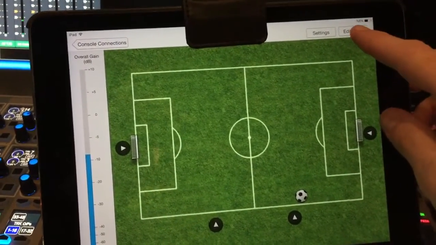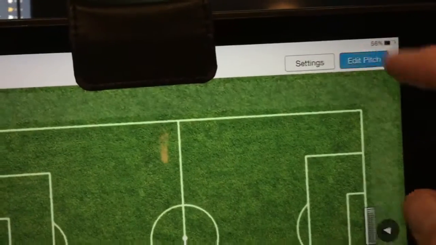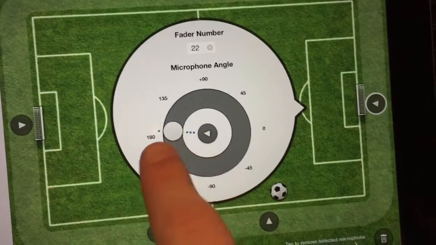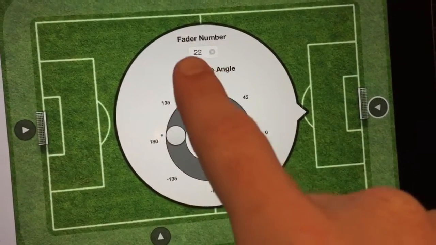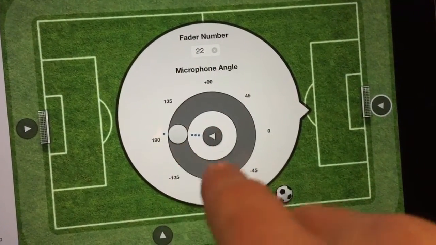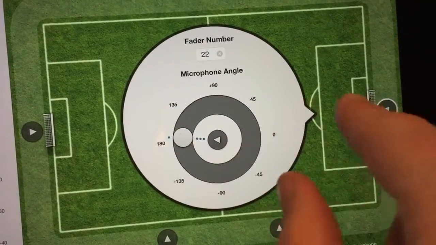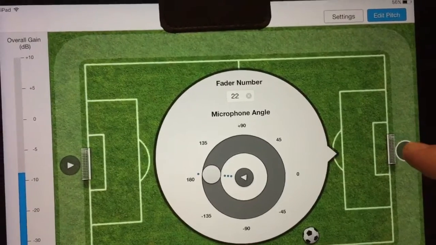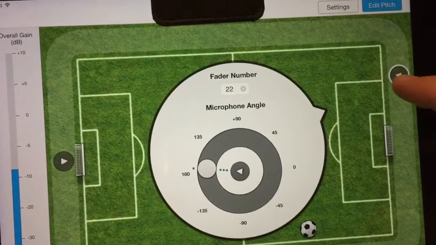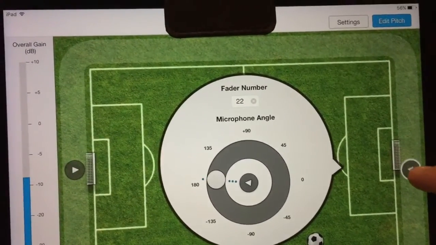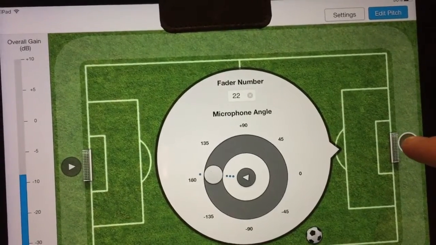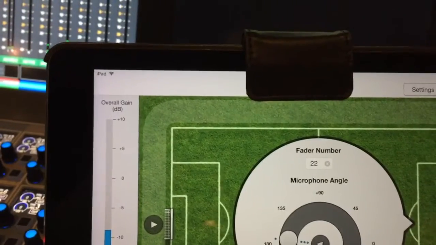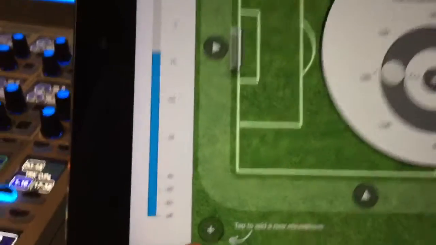You'll see here we go to edit pitch. So I can go to this mic here. This represents a microphone, and I can edit the angle. And there's the fader number on the console, and there's the angle of which way this mic's pointing. So obviously I've aimed it this way. And I can move the mic to where it is on the court, like so, and go from there. If I want to add a new microphone, I can come here,